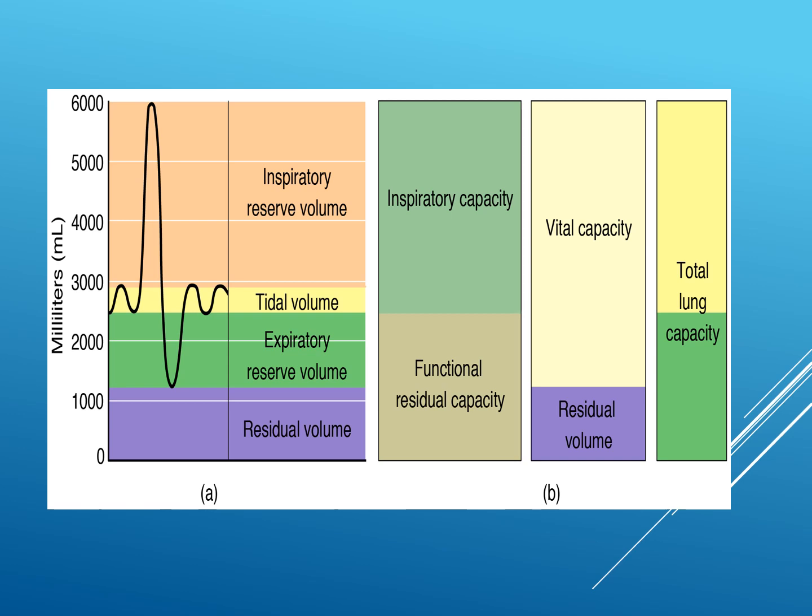So next we'll see the capacities. These lung capacities are combinations of one or more pulmonary volumes. And the first one is inspiratory capacity. This is the maximum volume of air that can be inspired after normal tidal expiration. Okay. So after normal tidal expiration. So inspiratory capacity is tidal volume plus inspiratory reserve volume, which comes to 3000 plus 500, 3500 ml in a normal adult male.